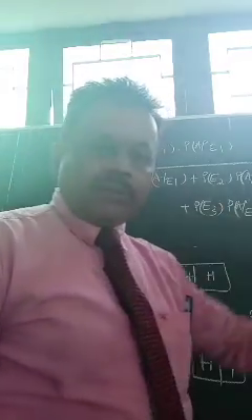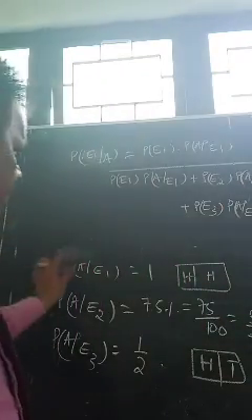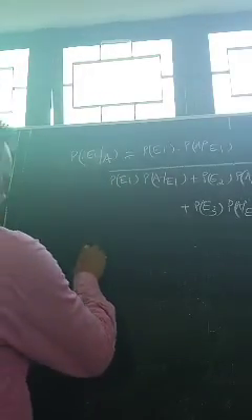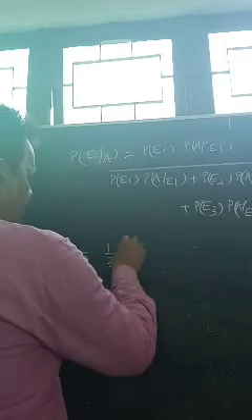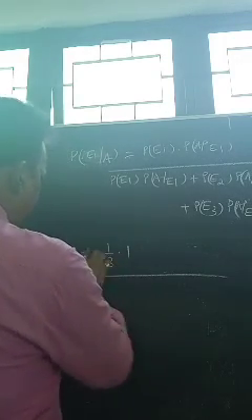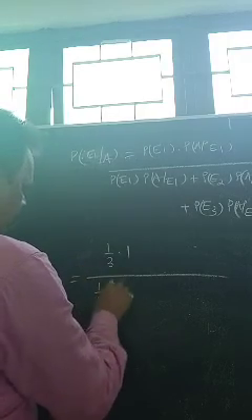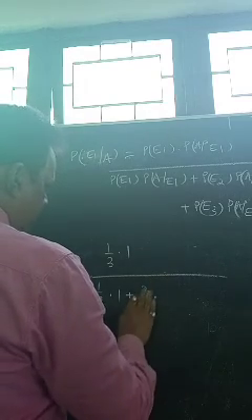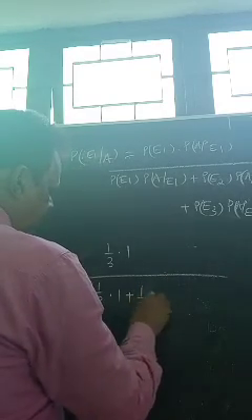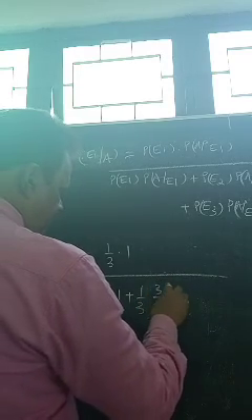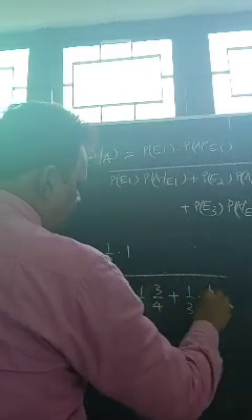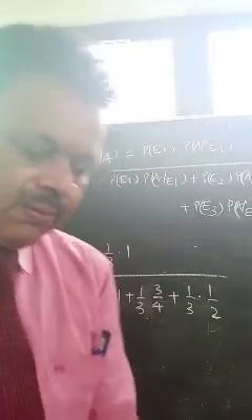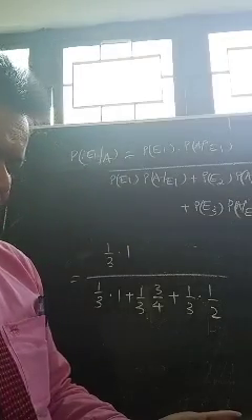Total you have to come. Okay. So if you put the values, what will you get? Then you are going to get each is 1 upon 3. A of E1 is 1 by 1 upon 3 into 1, 3 by 4 into again 1 upon 3, 3 by 4 plus 1 upon 3, 1 by 2. Simplification you do. Okay, now go to the next question. Important questions I will be doing with you.